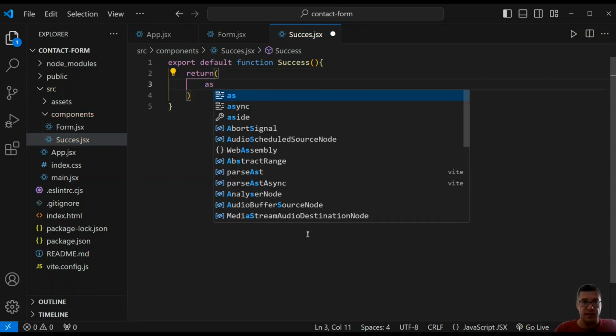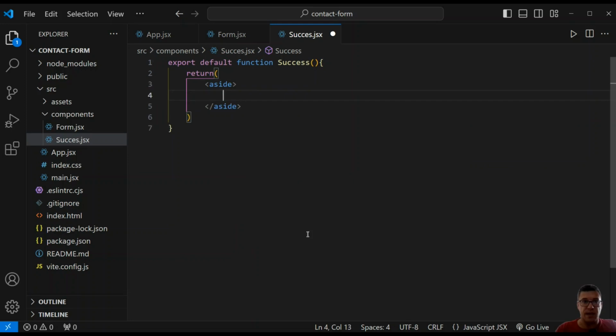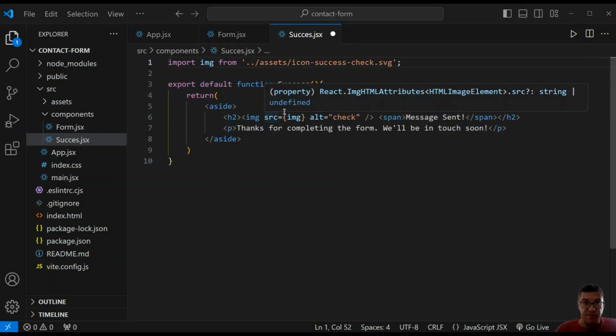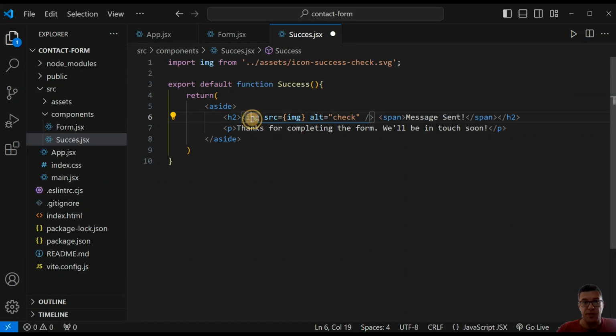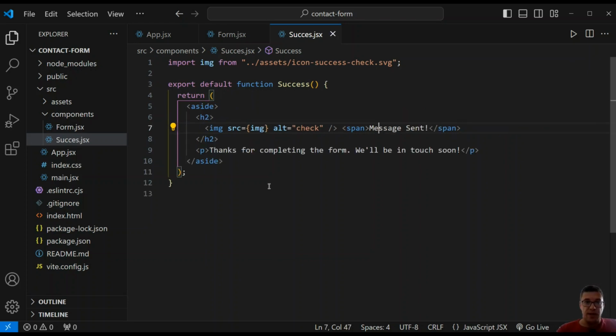Let's put aside a semantic tag, and I will copy the content to speed things up a little bit. Okay, I fill out the content. I have my h2 with the image inside, and for the source I'm importing this success icon check.svg, and then I have a span saying message sent, and then underneath that I have a paragraph. Okay, let's save this, and then we will